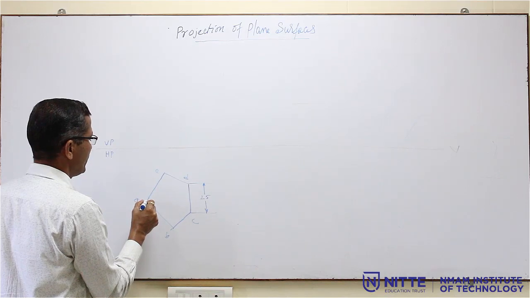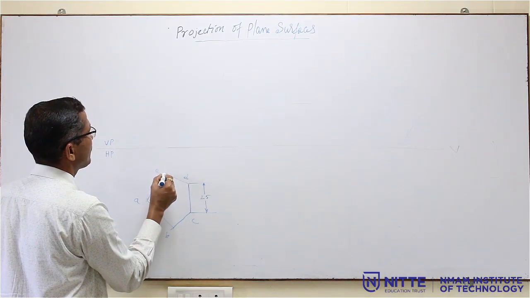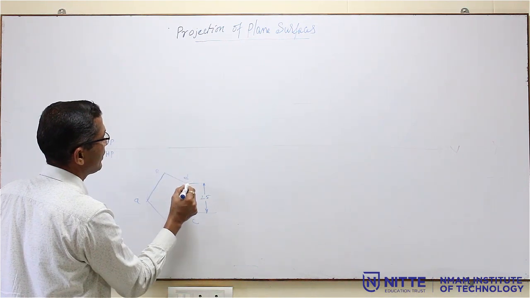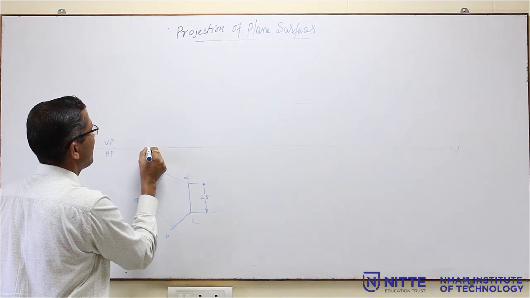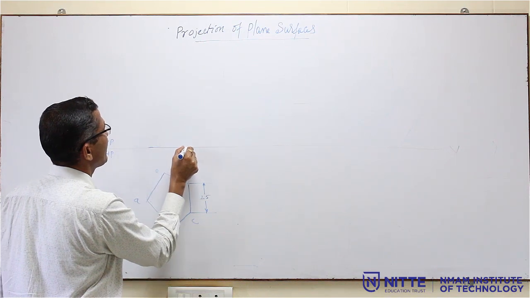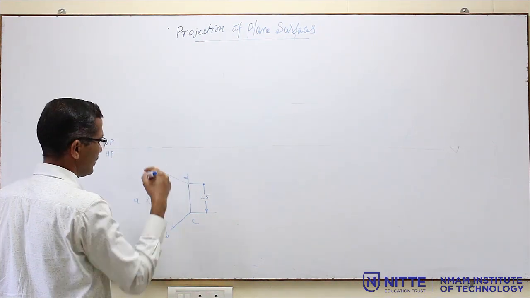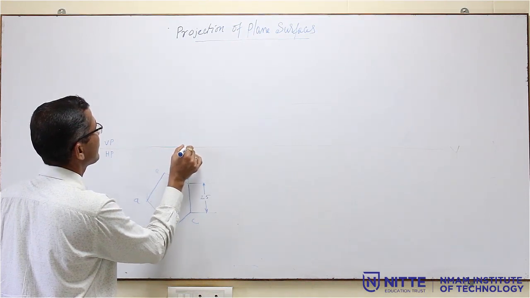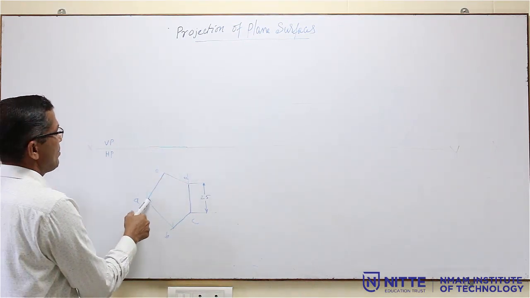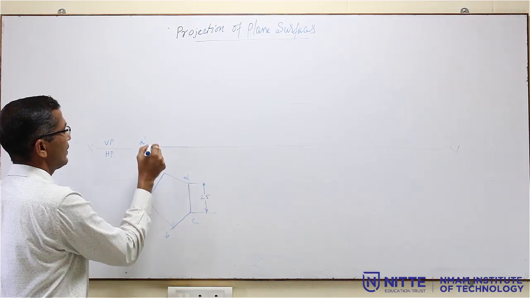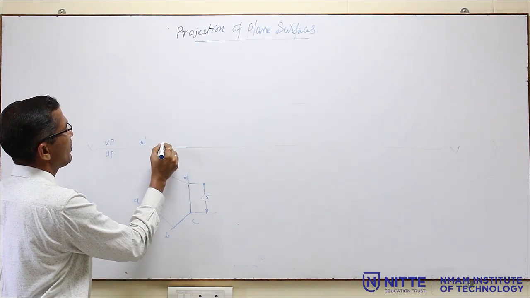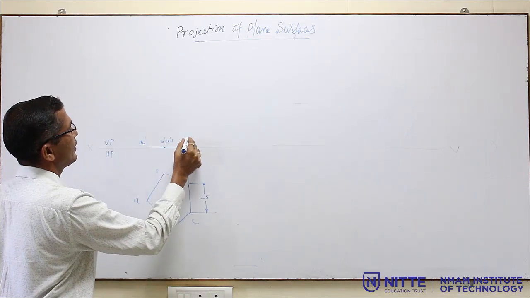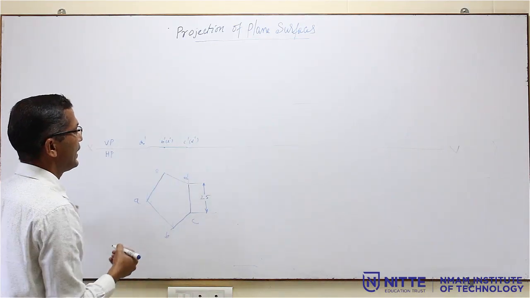Then project it up. So, this B and E will be in the same line, and draw the front view, a dark line on the xy line like this. Then name all the points. This is A dash, this point is B dash, and inside the bracket E dash, this is C dash, and inside the bracket D dash.